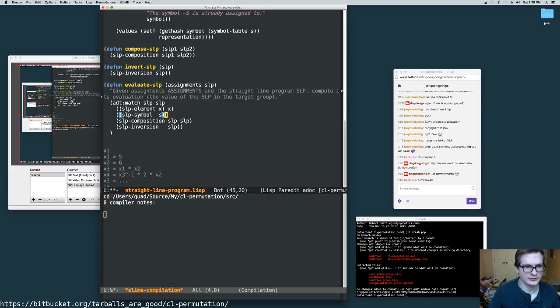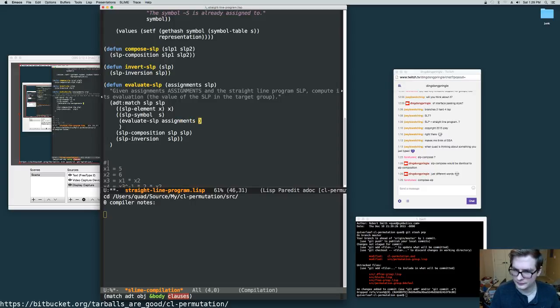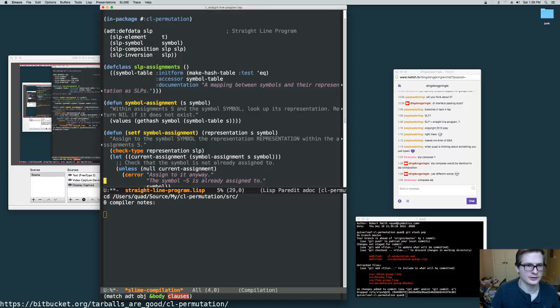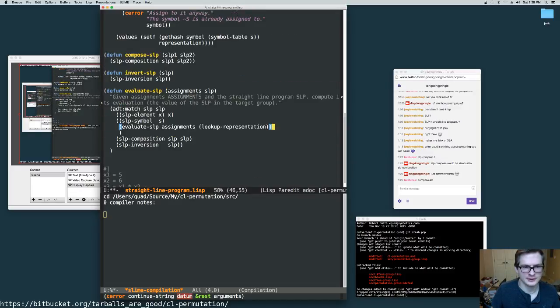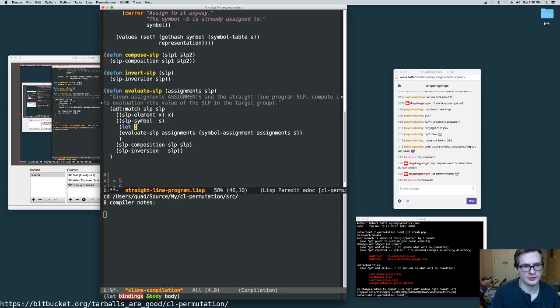if we have a symbol S, then we evaluate SLP with our assignments of the SLP that we look up. So look up representation. Is that what I called it? No, symbol assignment. Symbol assignment within our assignment and our symbol S, but we should check that it actually exists. Let